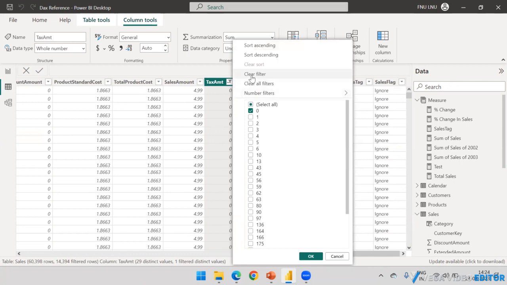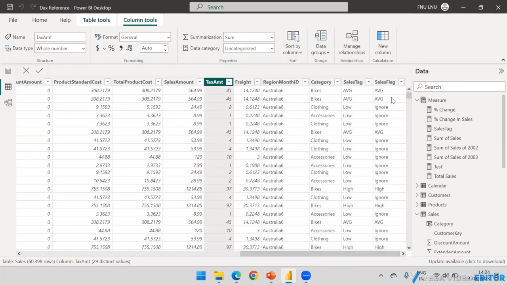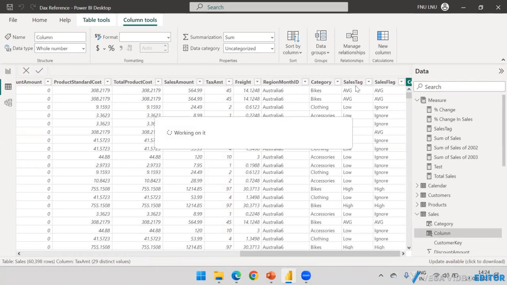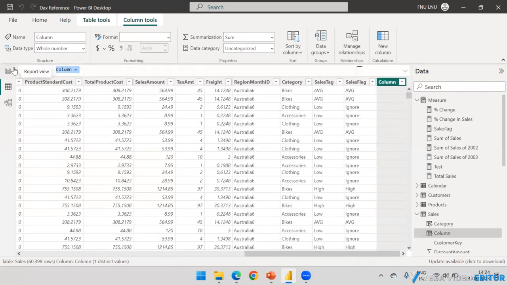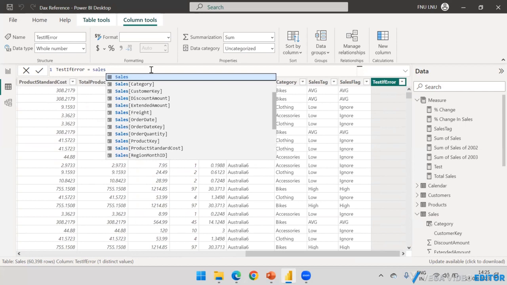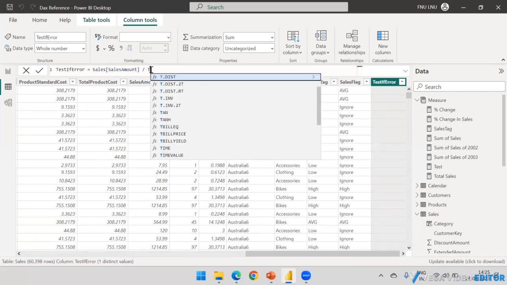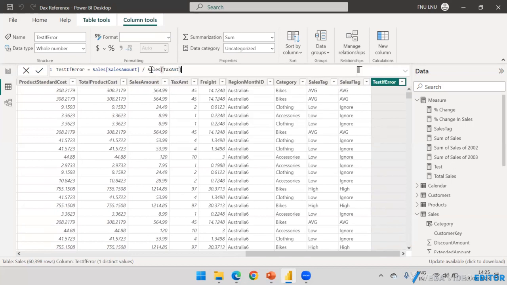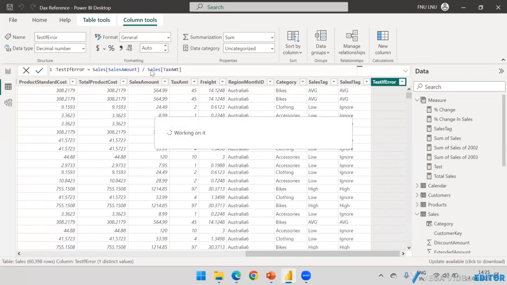And if I try to divide any column values by 0, any number by 0, Power BI will return an error. So I'm just going to show you a test IFERROR formula. Here, if I use only sales amount, this is not giving me the direct suggestion, so I will hit the enter button and then retype the formula. I will say sales amount. Sales amount must be divided by tax amount. For whatever reason, you are doing some kind of calculation. So if I use this expression,